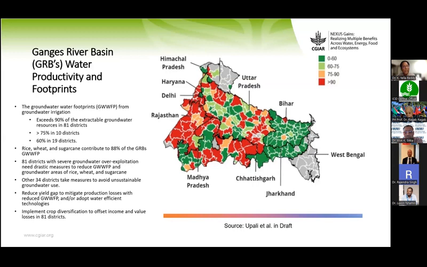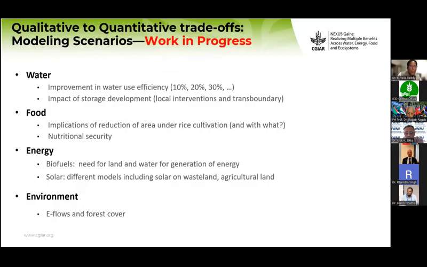So those are the kind of things, and if we are reducing the area under rice and wheat, then can we reduce the yield gap? Because that's one way forward by any other measures. So now, keeping that in view, we are running various scenario analyses using the FABLE, where we are looking